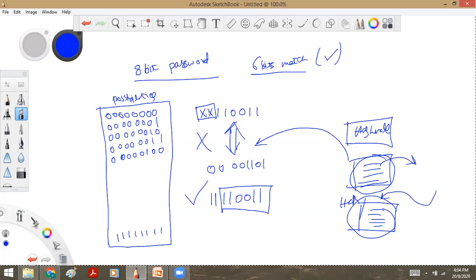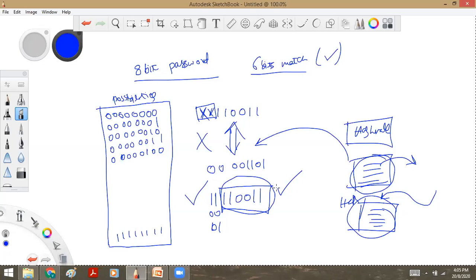Anyways, these two are random. You can get 0 0 0 1, anything. I am not worried. But if you can match at least 6 bits, I consider you to have solved the puzzle. So solving the puzzle is nothing but calculating the hash and matching it with the random number given by the protocol.